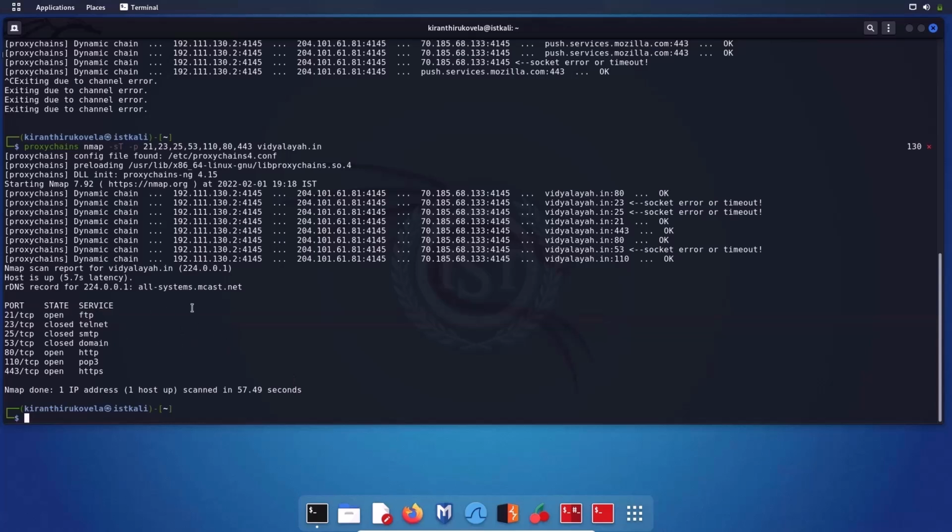So as you can see, we can use the proxy chain application in order to hide ourselves from the target machine, and in between we have layers of proxy servers to make it hard for the target system to find us or find the actual source who is generating this traffic or who is actually doing the penetration testing or information gathering and so on. So that's it in the class, guys. Use this tool carefully. Do not use this tool for doing any kind of malicious activity. This tool is for education purposes.